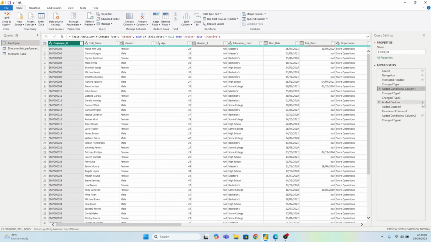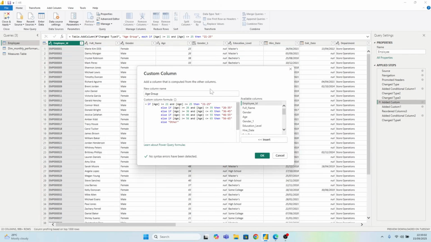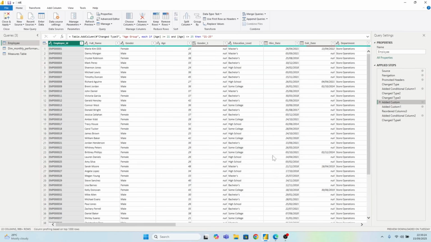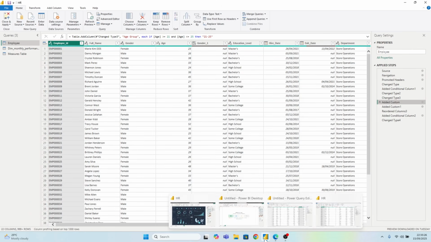So we need to create a custom column for the age group. I'm just going to stay here for a few seconds so you can actually see the M query. It's just a simple M query using the if and else if function just to create an age group. If the age is greater than 21 and less than 25, of course, 21 to 25 years, just like that. So I'm just going to copy this code quickly, click on cancel. I'll navigate back now to